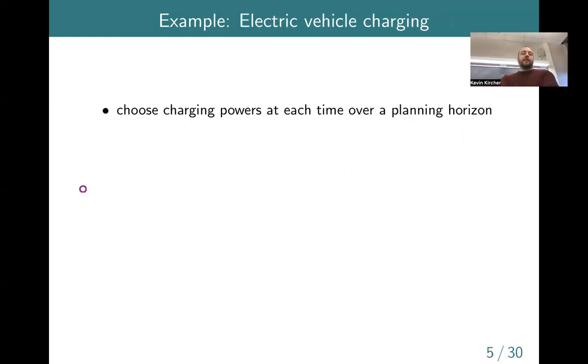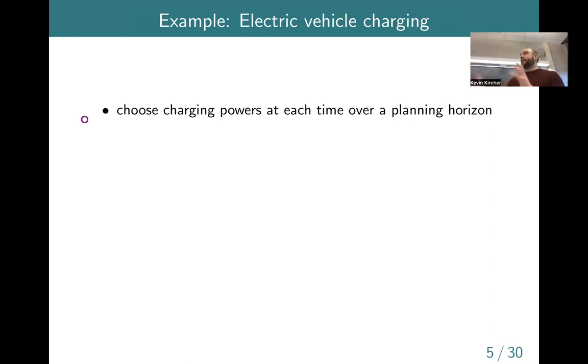Another classic example in the DER world has to do with electric vehicle charging. Suppose here that we have a bunch of EVs. Maybe you are Tesla, and you have a bunch of customers who all have Teslas parked in their garages, and they all want power by certain deadlines when they get up in the morning and drive to work. They've chosen, I want 85% power by 6 a.m. or 95% power by 8 a.m. or whatever it is. And so you can choose when you charge the vehicles in order to shape